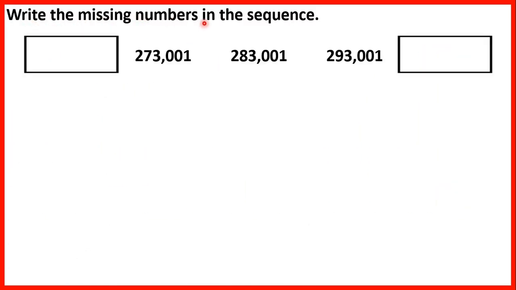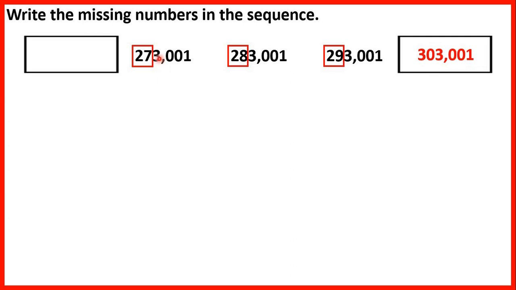Write the missing numbers in the sequence. We have 273,001, 283,001, 293,001. So if we highlight the digits that have changed, it's the 10,000s and 100,000s digits. So we have 27, 28, 29. So the next number in the sequence will be